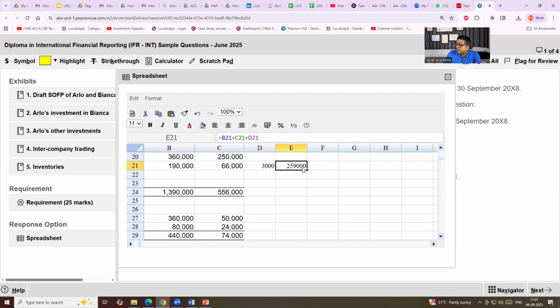Somebody will say, sir, I don't have the practice like this. I will be solving many questions in the class. It's a very simple thing. Most of you already know how to plus, minus and all that from different columns. You can use a calculator also, 190 plus 66 plus 3000, but the calculator will take extra time. If you apply some basic Excel shortcuts, it is better. You will be able to solve your answers faster.